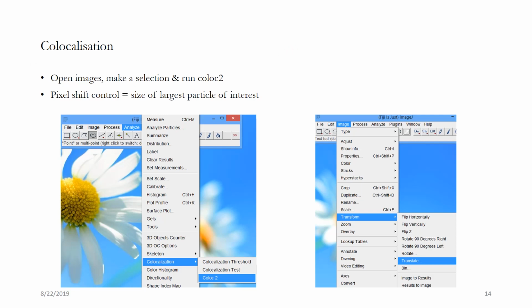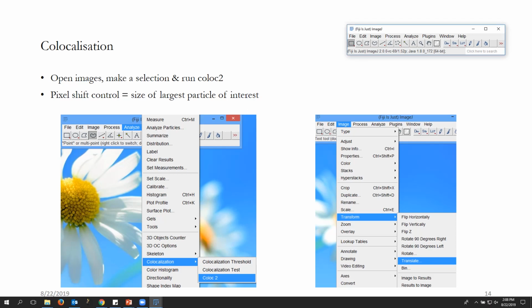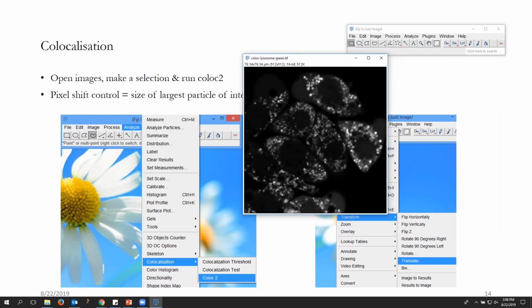Let me open that image real quick. So this is an image of endosomes of a macrophage cell line, and you can see these are labeled pretty well, and the resolution here is very high, which is the best resolution that you can achieve using that microscope. And I have put enough number of pixels so that it is being sampled at Nyquist sampling.